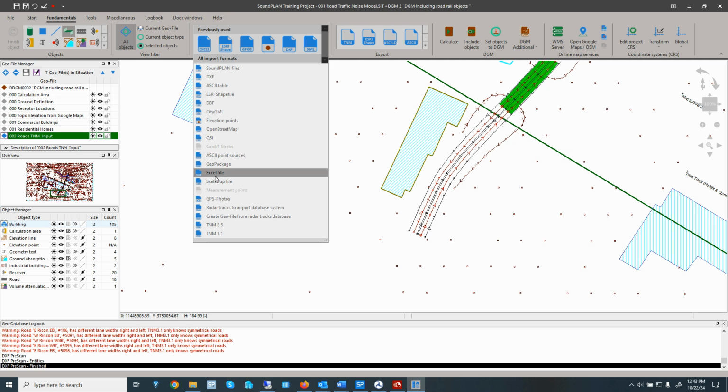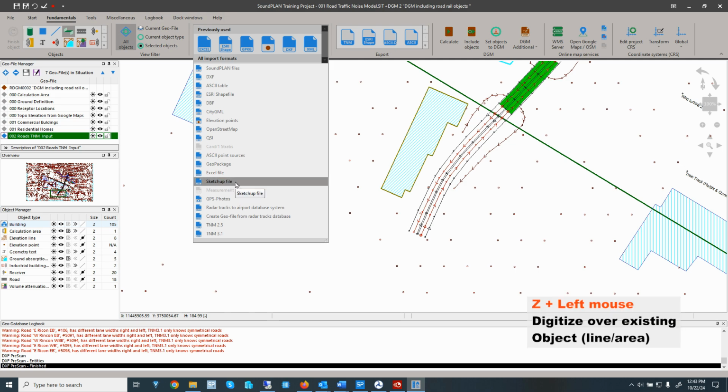There's of course now also an Excel file format import and a Sketchup file import. For the most part, Sketchup is likely to be used for the indoor modeling, where we have maybe more complex interior spaces that are defined in a SketchUp model by the architect.